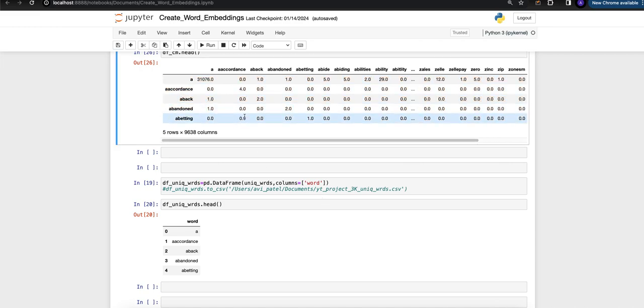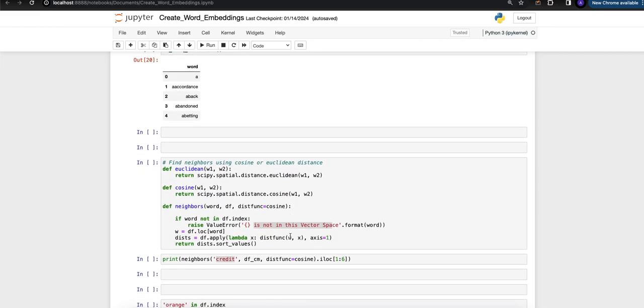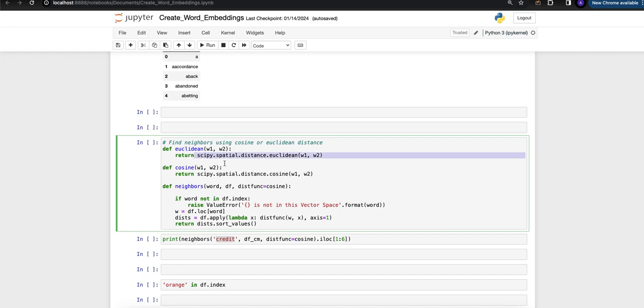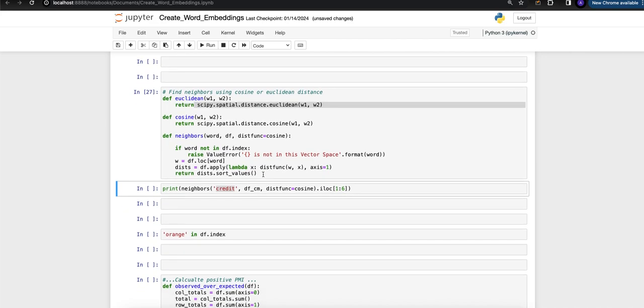So each vector has a dimension of 9,638. Now that every word has a vector of size 9,638, we can find the 5 words that are most related to the word credit by taking each vector. You can take any 2 vectors and find the cosine distance, and that's what we're doing. I'm not going to get into the math here, but this function, which you'll have in the code that I give you,